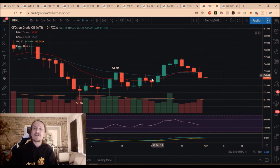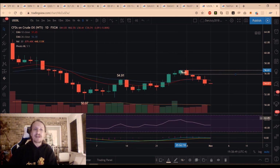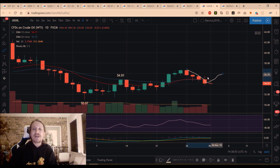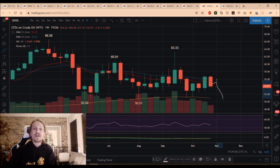Oil has still not found its daily high or low. Anything above 52.70 is a high or low, but we're getting to the point now where even when we bounce, due to the size of the pullback that we've seen at this point, I would expect a daily lower high to form compared to 56.89. And if we would lose the daily uptrend from there, our weekly lower high would then be set. So paying close attention